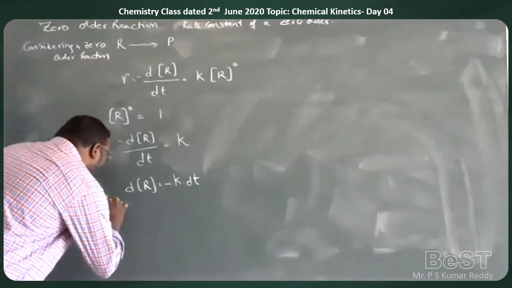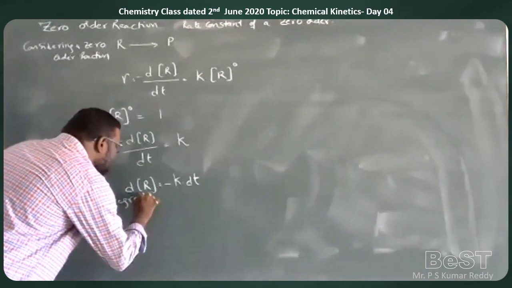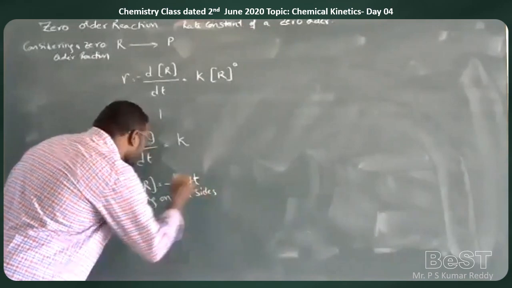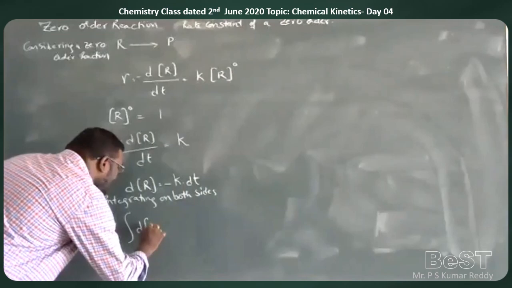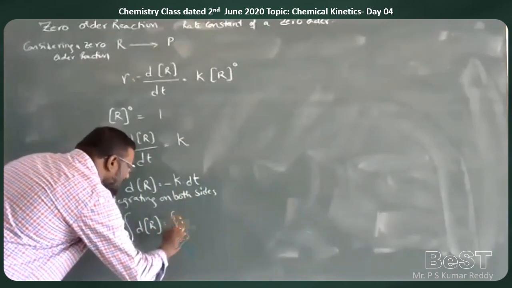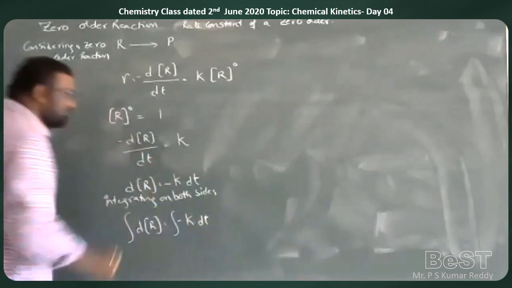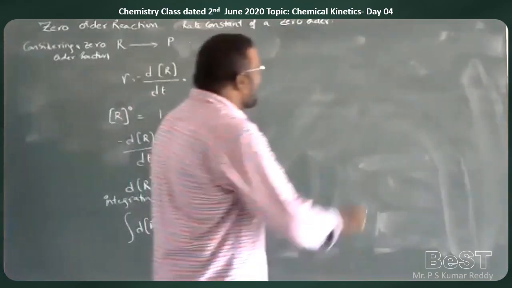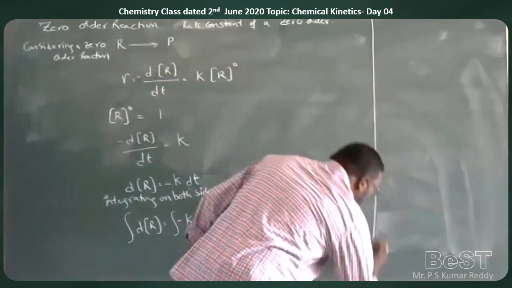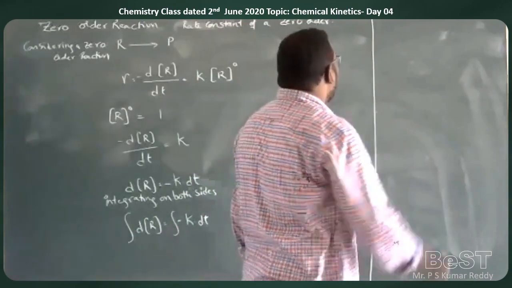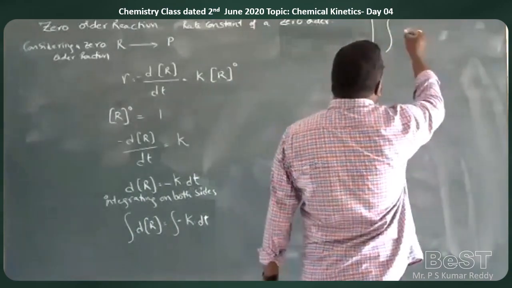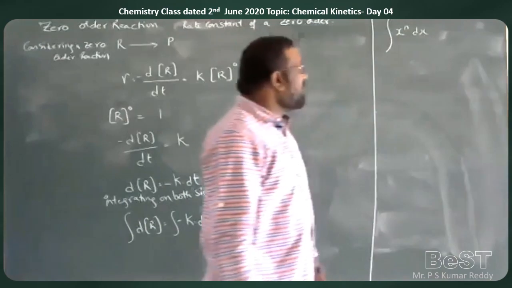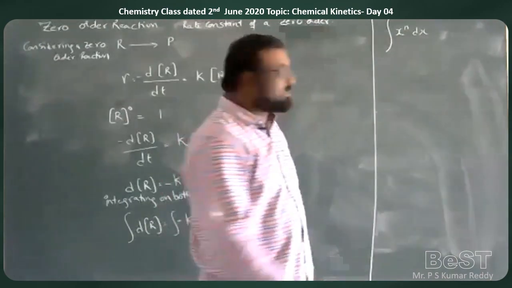Now integrating on both the sides. That means integration of dr is equal to integration of minus K dt. Now how are we going to solve this one? For that, in integration we have a formula. Integration of x to the power of n into dx is equal to